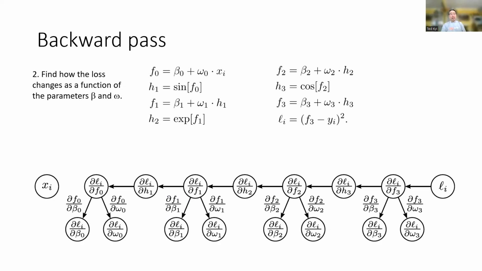Now there's one more step, okay? So we said that we were calculating how much the loss changed with respect to F3, H3, F2, H2, okay? But those aren't actually our parameters. Those are just these intermediate functions. Our actual parameters are the omegas and the betas, okay? So this diagram shows that